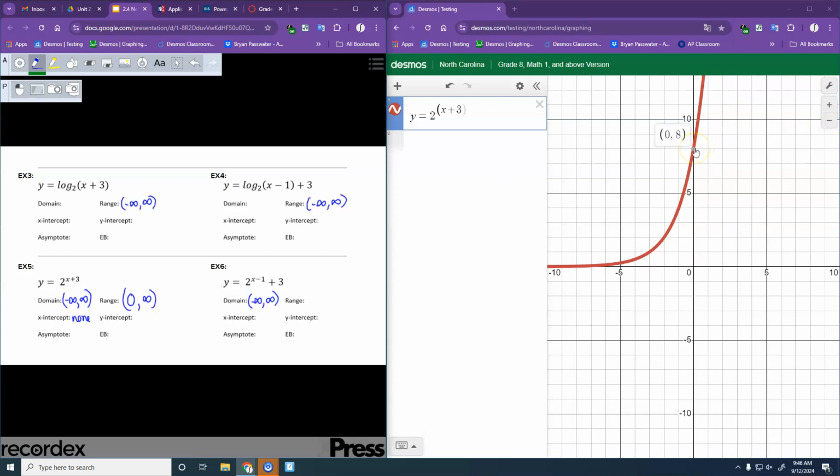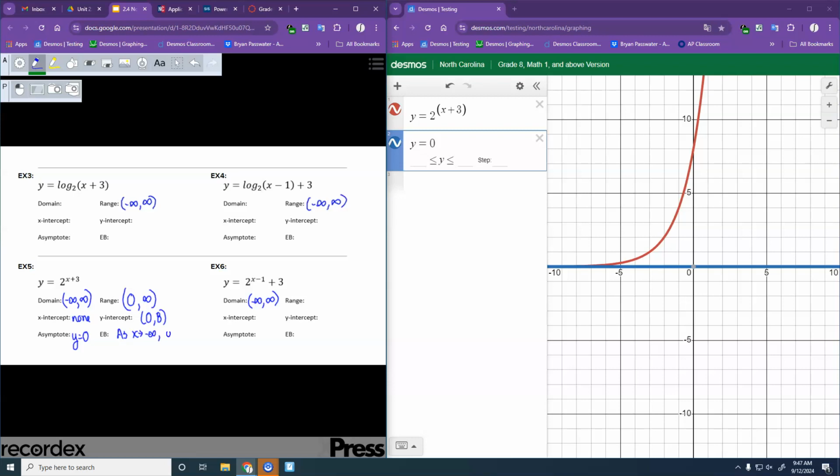Y-intercept, I'm just going to point to the point. I get (0, 8). What's my horizontal asymptote here? It's 0. What letter equals 0? X or Y? Let's see if I type it in. X equals 0. Oh, no, that's vertical. That's not what we want. We want Y equals 0. Is my asymptote. And for my end behavior, as X approaches negative infinity,